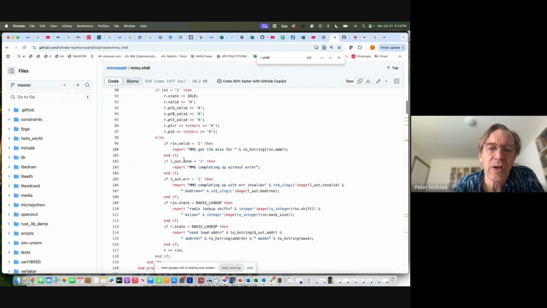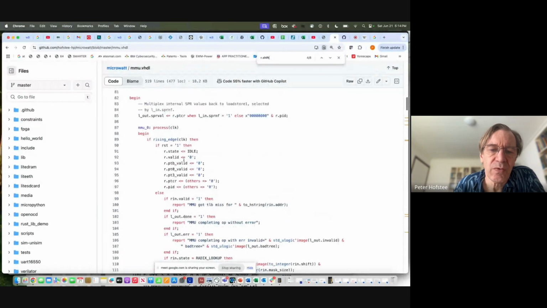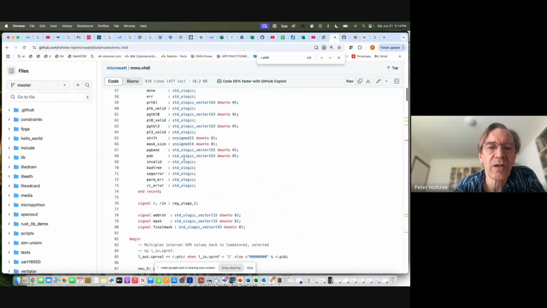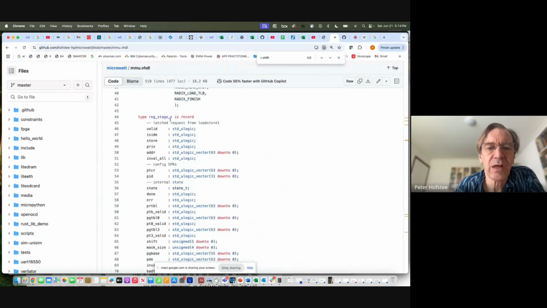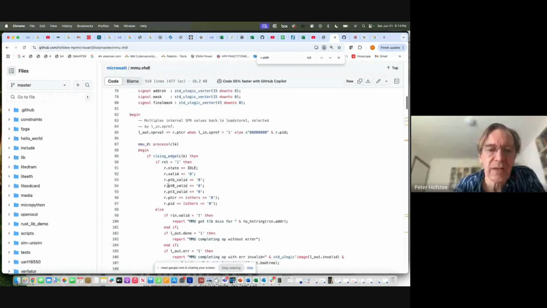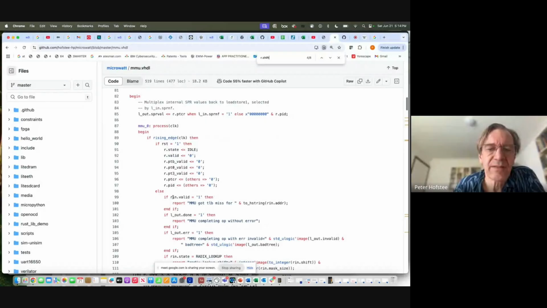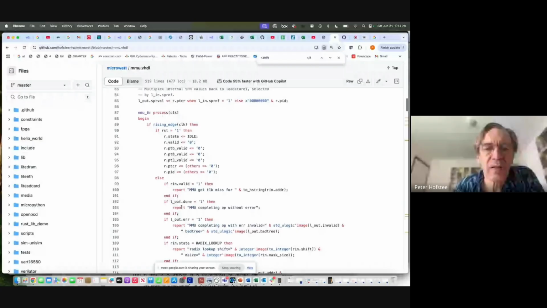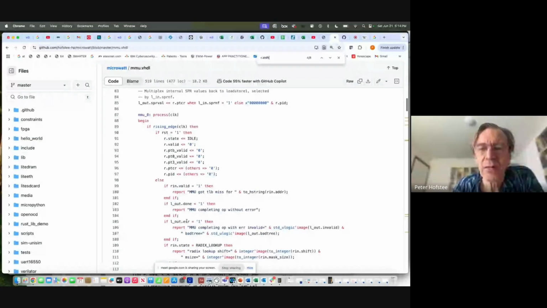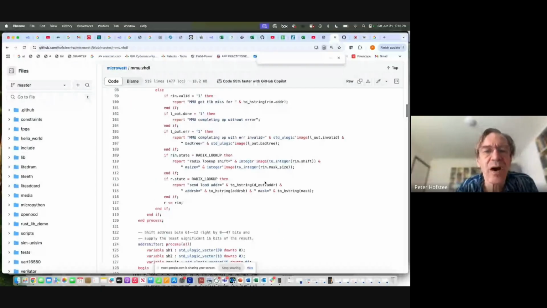And the command from the load store unit ends up in this L in, which gets copied to... sorry, I think LN goes to RN, and then RN goes to, let me look at RN. So this is the